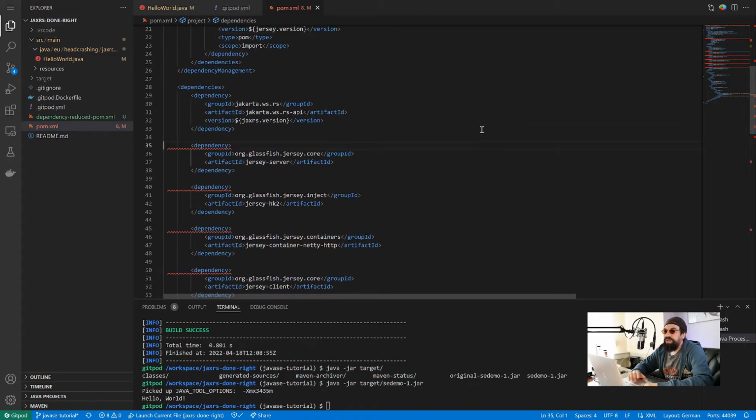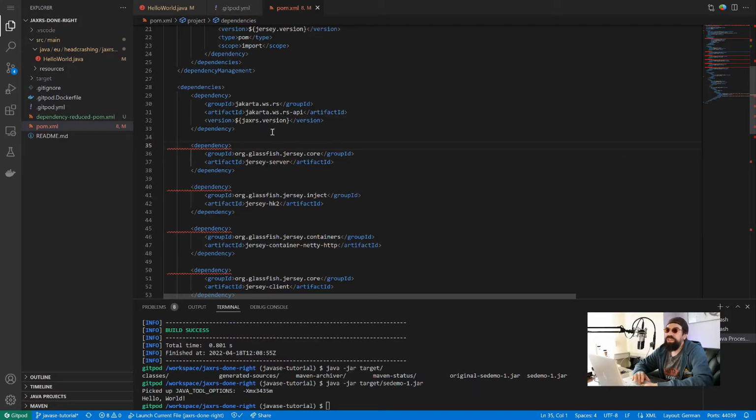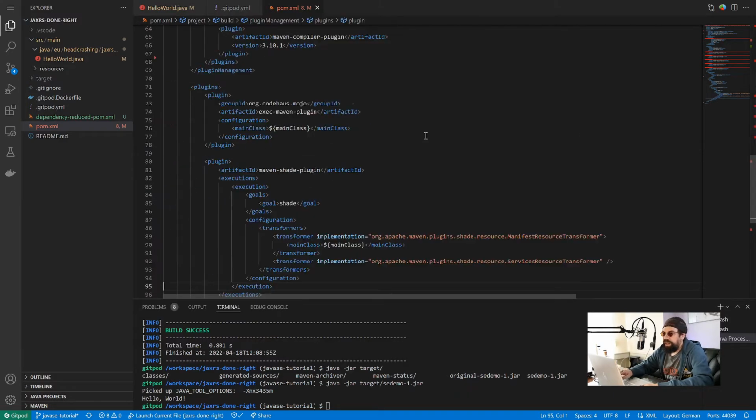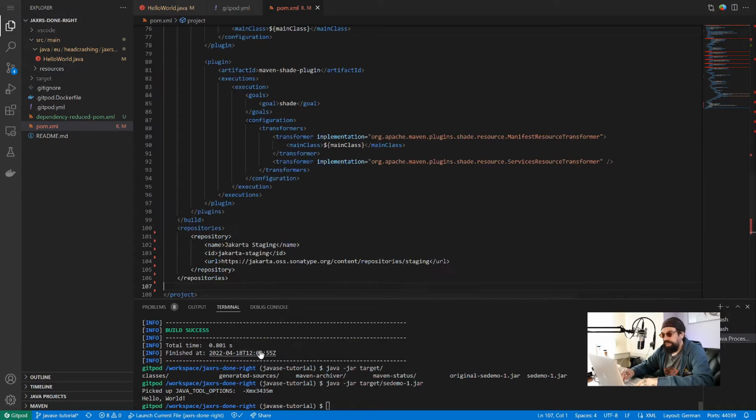So now, if you wonder why I'm getting these red lines, it says it cannot find this version of Jersey. So why is that? Because this is not published yet. I'm doing a trick. I'm adding a repository to my POM file. That's not the best way to do it actually, but for now, until Jersey is actually published, it's okay for this demo. So I put it here,